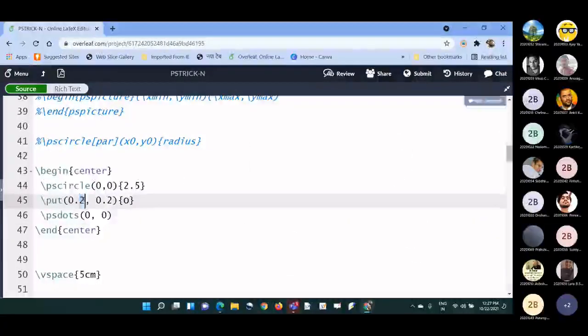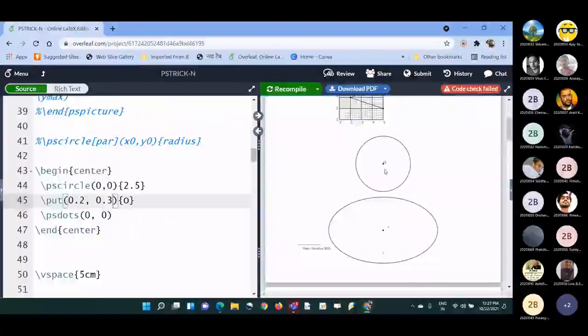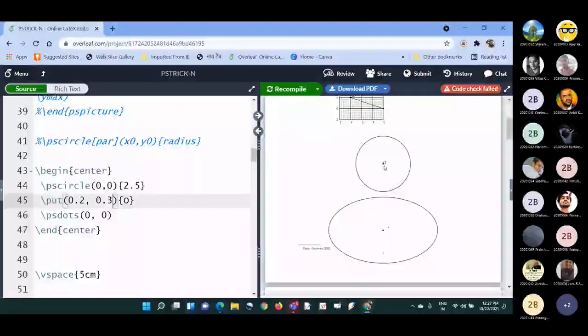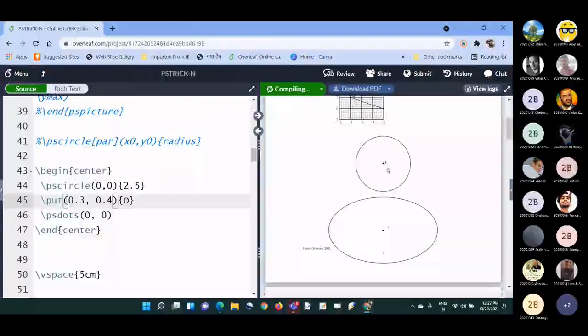Maybe X is okay, but you can keep this a little above. You can give more space, there is absolutely no problem. Maybe 0.2 is there, so keep 0.3 and 0.4 here, so that there is no overlap between the dot and the symbol you are writing.